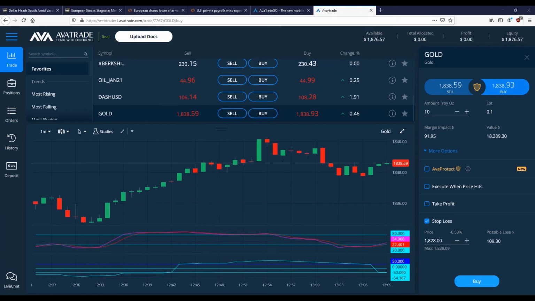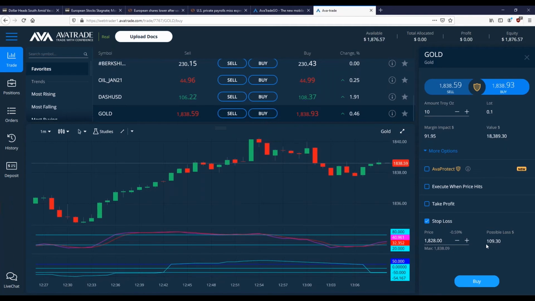It tells me here's my possible loss to that price, almost $110. Maybe I say, wow, that's more than 5% of my balance. I need to lower my trade size with that stop loss. So I go to 6 ounces. Now I say, okay, I'm only risking $66. Maybe that's more in line with what I want. But you see, it's calculating my risk for me to my stop loss as I set up my trade.